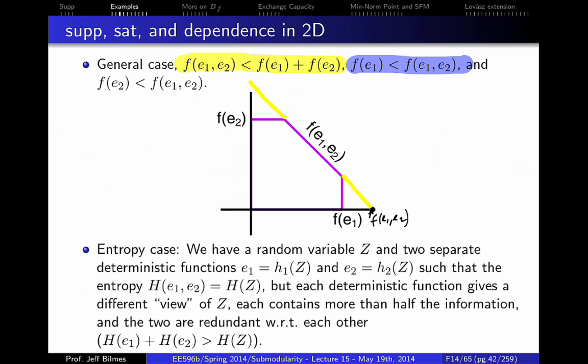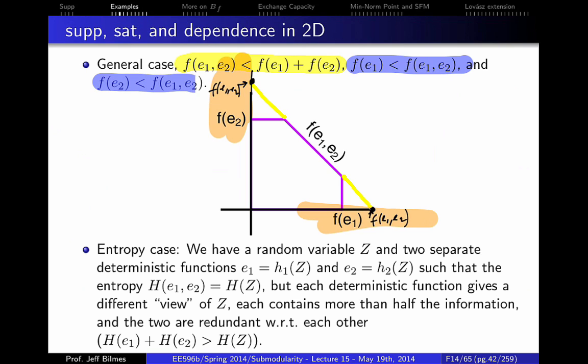And this other black point up here, that valuation is also f of e1, e2, right? Which we're saying in each case is strictly greater. So we have strictly greater in this case down here, and strictly greater in this case up here. The other strictly greater corresponded to this